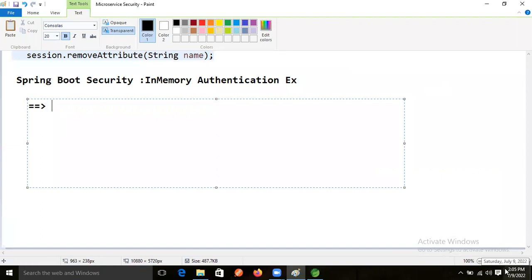So now, storing user data is nothing but what? Which kind of data? Username,